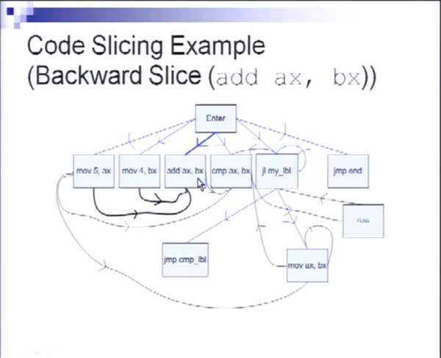So if we want to do a backward slice on add AX BX in this example, which is this particular node right here, first we follow